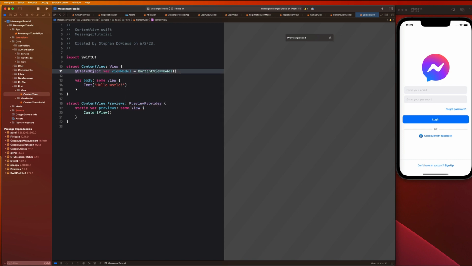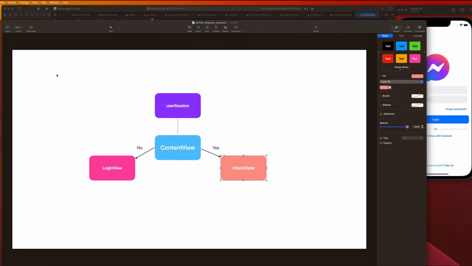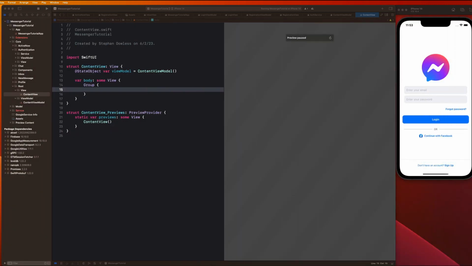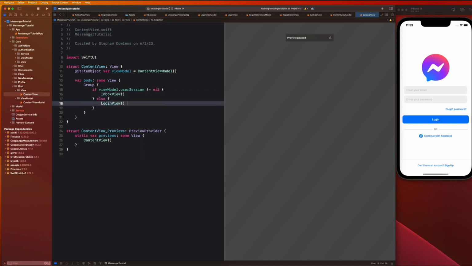Content view model. And then we are going to go into this body, and we're going to create a group. And this group is going to contain either the login view or the inbox view, and it's going to have some logic in here to route to the correct view. So we're basically just going to say if viewModel.userSession is not equal to nil, we're going to show the inbox view, else we're going to show the login view. It's pretty simple